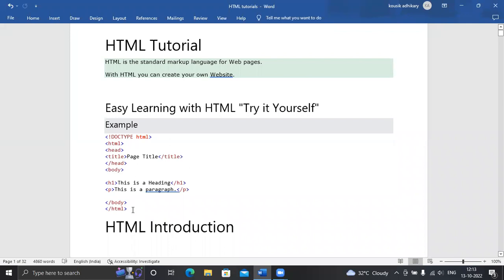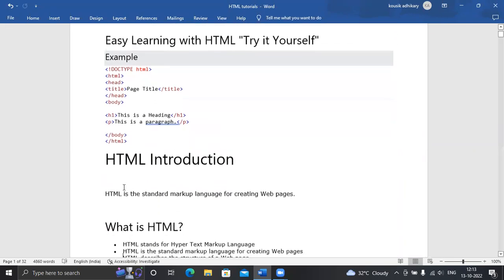That is the basic syntax. That means doctype HTML, HTML tag, head tag, and body tag. That is the mandatory thing of any HTML program. We will do how to code, how to learn, how to execute, how to run the program.